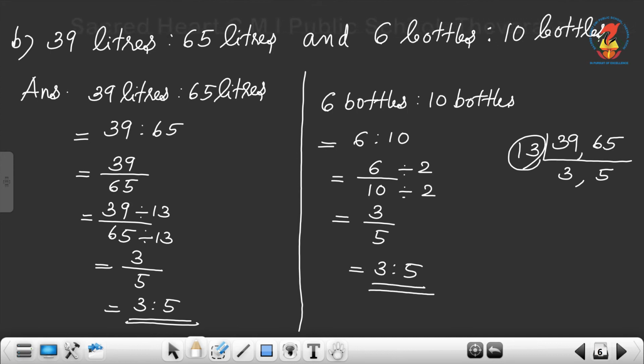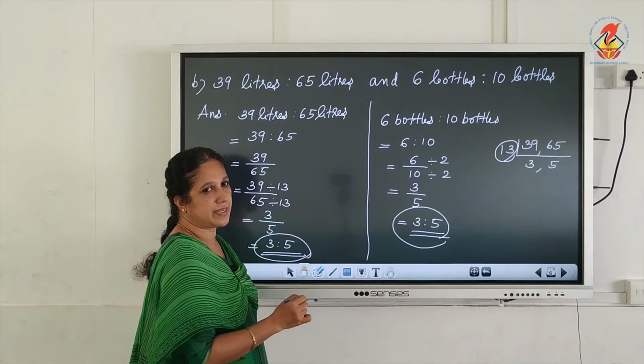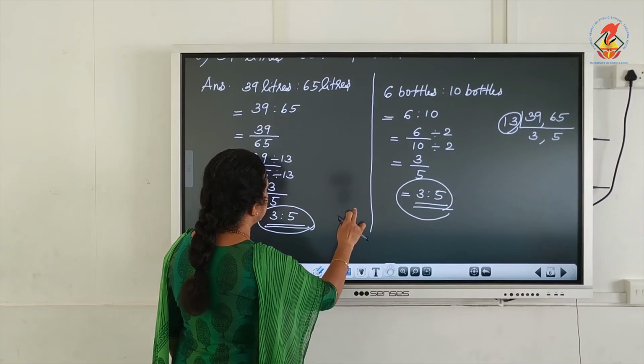Now, look at the two ratios. The first ratio we got as 3:5: 39 liters is to 65 liters, which is equal to 3:5. The second one, 6 bottles is to 10 bottles, we got as 3:5. What about the two ratios? The two ratios are equal. So, we can write